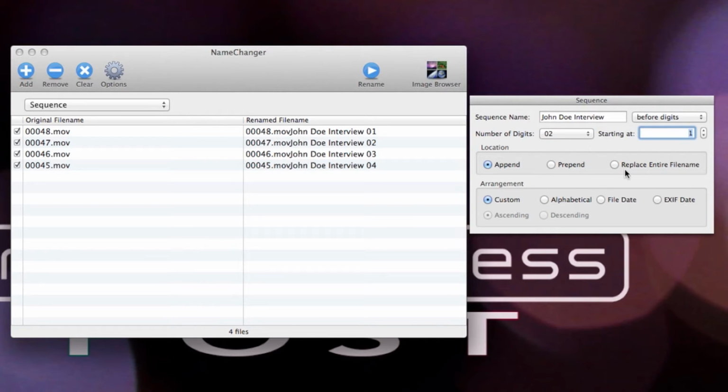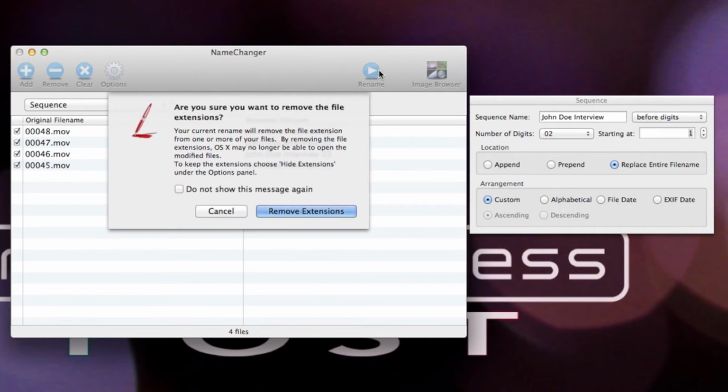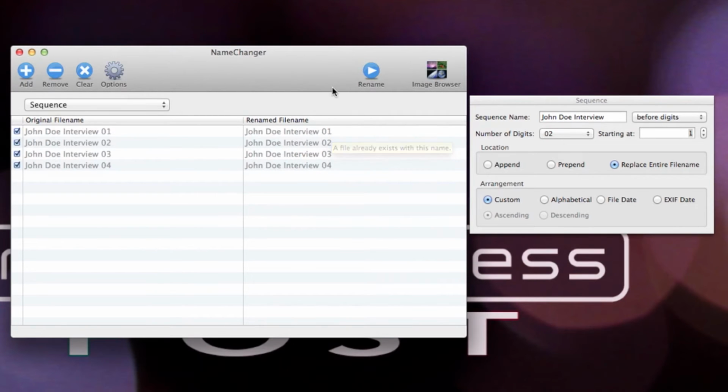Now we'll go down here and I'm going to replace the entire file name. So you can see that here's our old file name and our new human-friendly John Doe interview. Then we can come over here and click rename. So now we're going to rename our files, but it's going to be removing the extension, so we can click remove extension. This way we can have it be John Doe interview with the clip number at the back end, so it's easier to sort in the NLE. With John Doe and then the clip number afterwards, it won't let us keep the .mov,